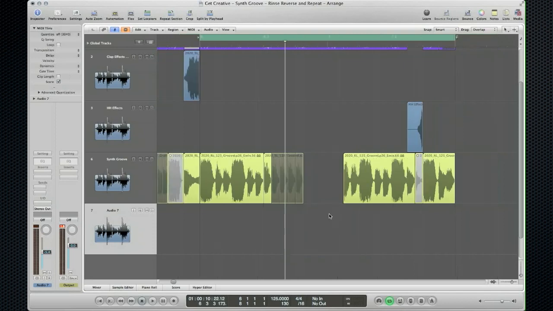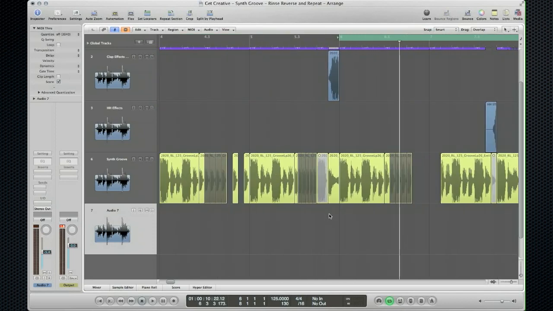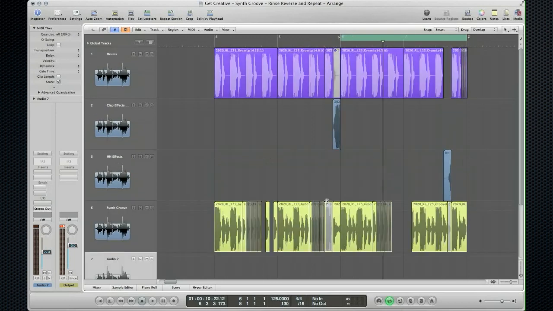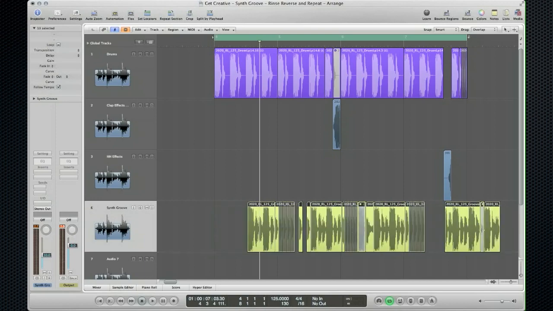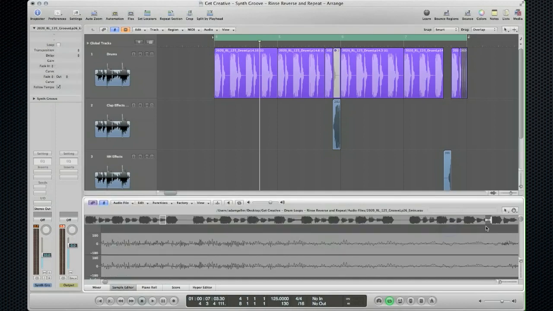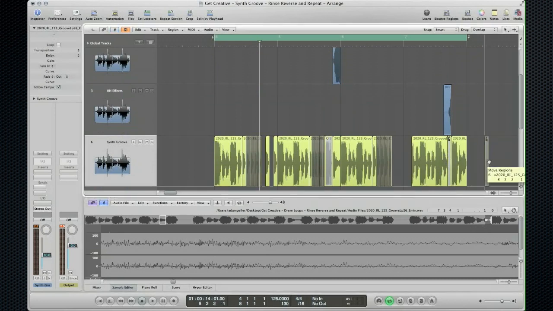Let's delete that. We don't need that anymore. And basically this is what it came out to be, after all that little cutting and editing and repeating. Let's try actually reversing this one right here as well and see how it comes out. Again, everything is just trial and error in this editing style.